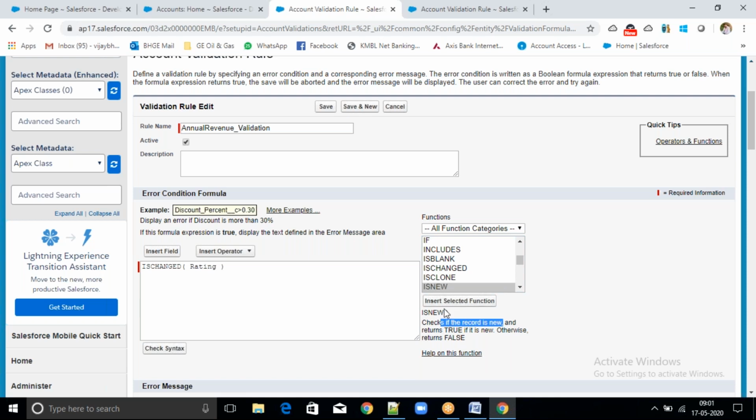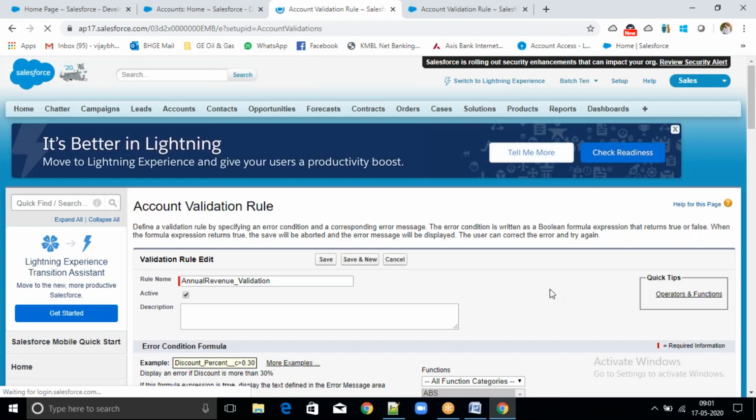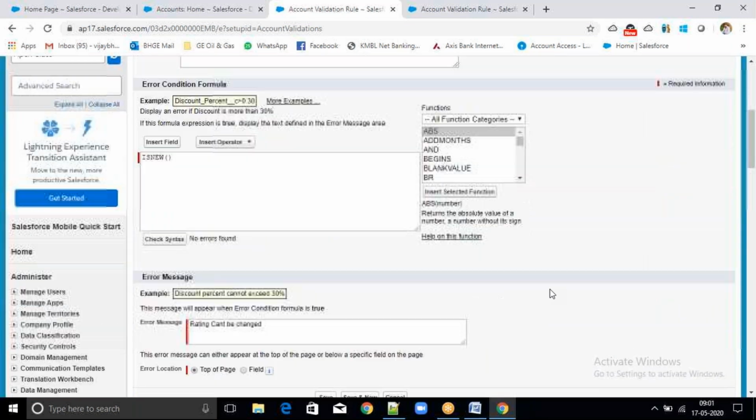It means if the record is new, it will give error. 1 minute. I will delete this one. If I don't want to allow users to create a new records, then I want to throw an error. See, is new. It will check. I will check the syntax. No errors.